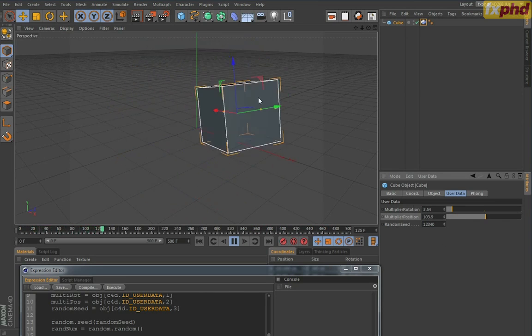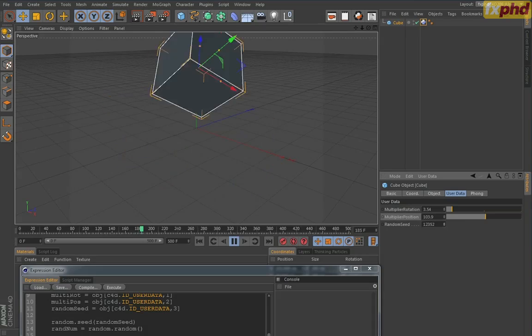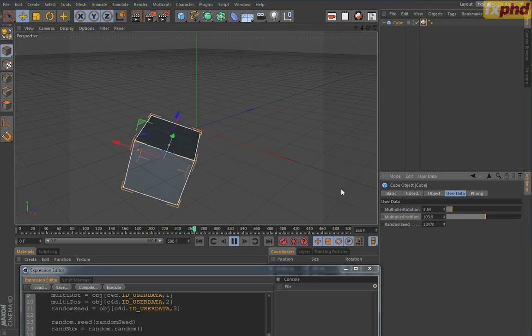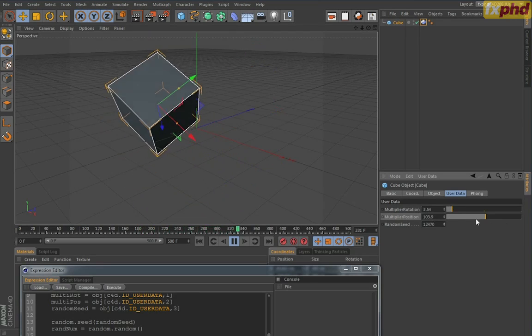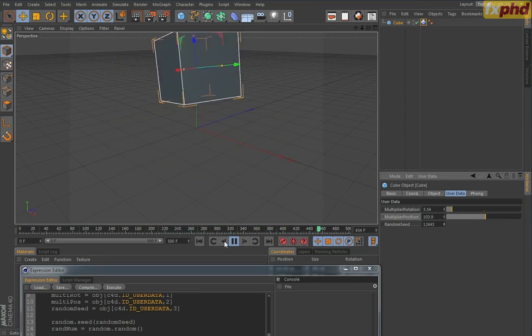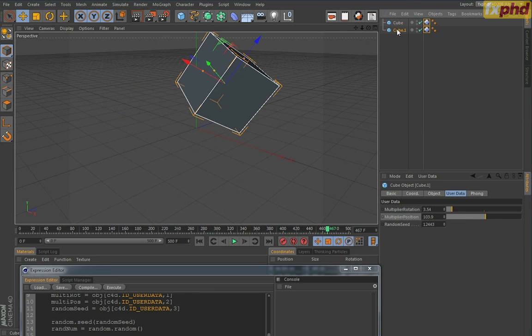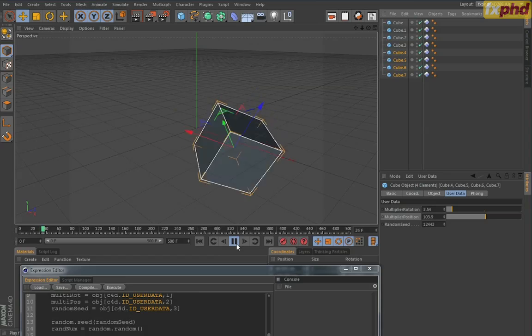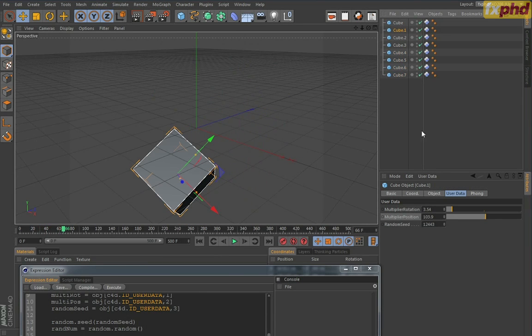Okay, so there's some randomness in this movement now, and you see when I change the number, this changes as well, without me touching any of the other values. And of course what we can do now is we can just make a whole bunch of these. And now, because they all have the same seed, because I copied them, they should all be at the very same position. And they are. But if I go ahead and change these,